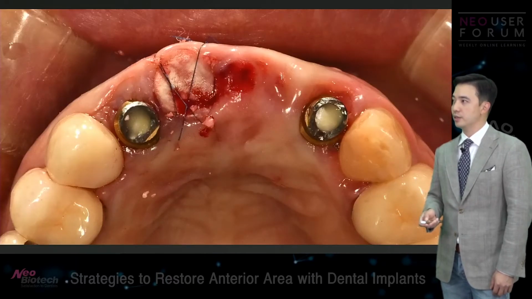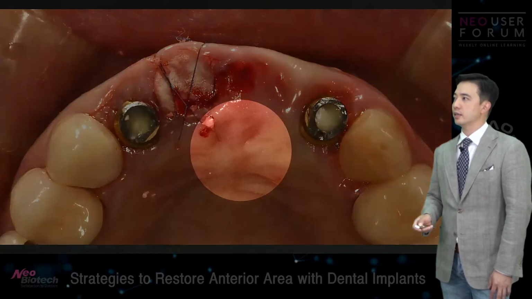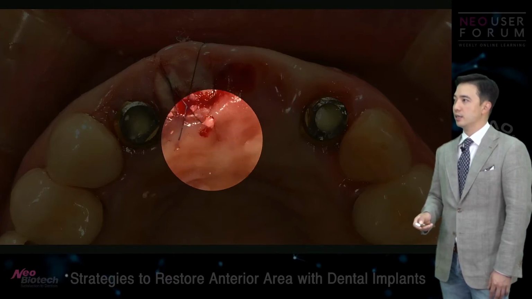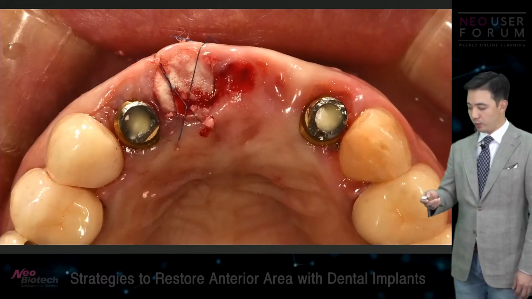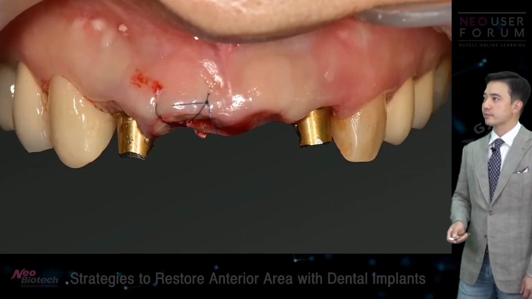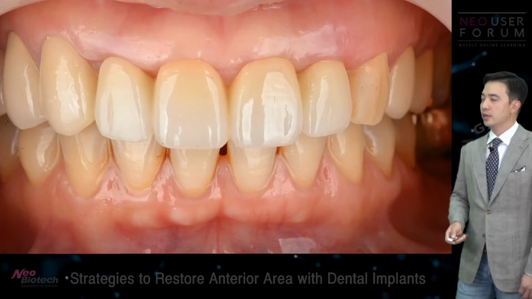for provisional. I waited a couple more weeks and then took out number 11, grafted the socket, and then yeah, by this time number 22 was also osseointegrated, and this is what we got, and this is the final. Okay, so